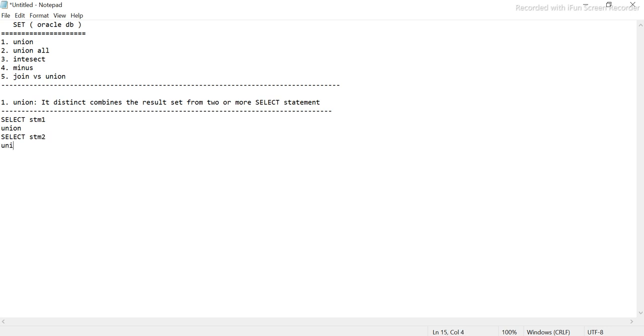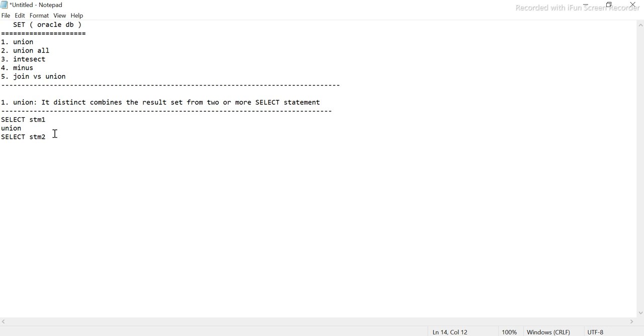And maybe if I need one more, I can say union, then select statement 3. Got it? So guys, it can be more than two. If there is only a single statement, there is nothing to combine, you don't need to use all these things. So there should be a minimum of two data sets where you use this union operator. For simplicity, I will just remove this. We are going with these two statements, guys.